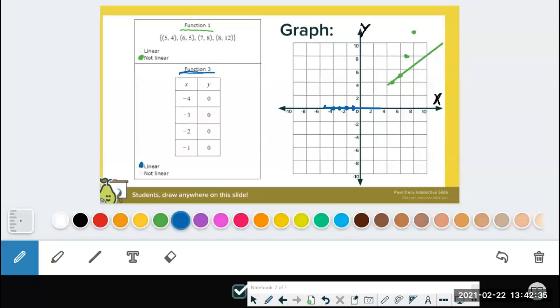Let me make it so you can go wherever you would like right now in this Pear Deck activity. And the next